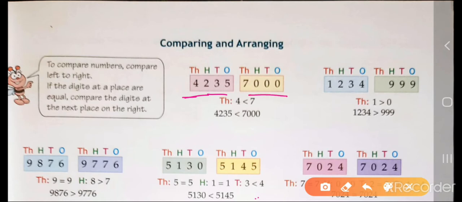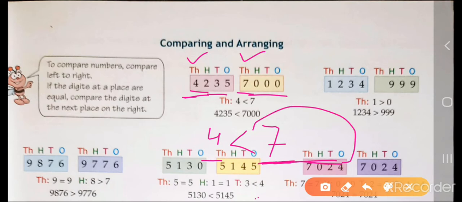Then just see the place value of thousands place. Okay. So it is 4 and it is 7. Okay, and that is very clear. You also know that 4 is smaller than 7, so obviously this number will be greater. Okay, so this is a very easy fundamental to compare or arrange numbers in ascending or descending order, or greater or smaller, whatever. Okay, just see the next example.